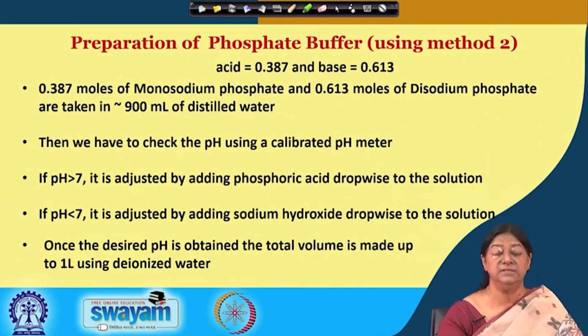To increase the pH, if the pH is found to be less than 7, we add sodium hydroxide, thereby not adding any additional ions to the buffer solution under preparation. Once the desired pH is obtained, the total volume can be made up to 1 liter using deionized water, which makes a preparation of 1 molar, 1 liter of pH 7 phosphate buffer, which can be used for